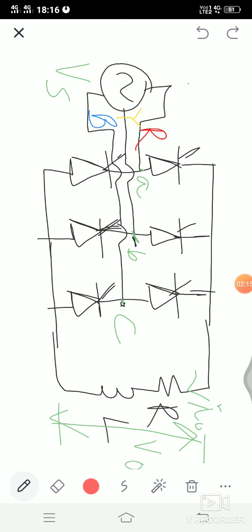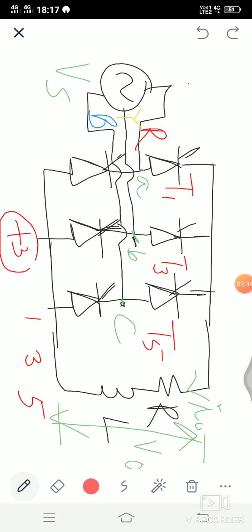Naming of thyristors. Now there are six thyristors. So the top group of thyristors will be named as odd numbers. So 1, 3, 5. So T1, T3, T5. And for the lower group you will have to add plus 3. So it will be 4, 6, and lastly it will be 2. 2 is the left one. It cannot be 8. So that is why it will be T4,